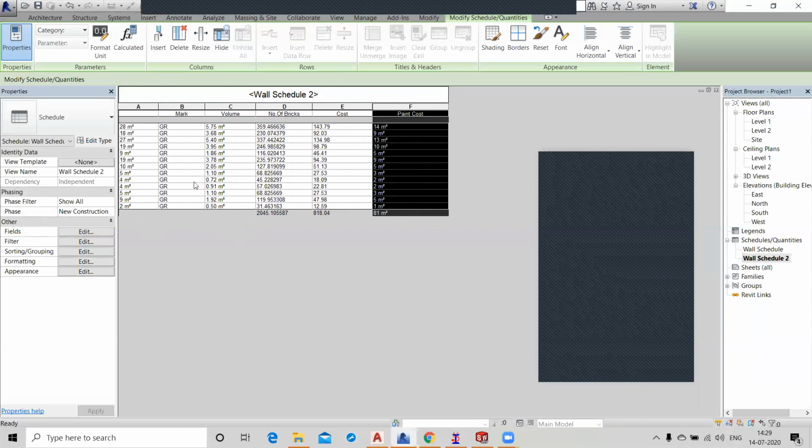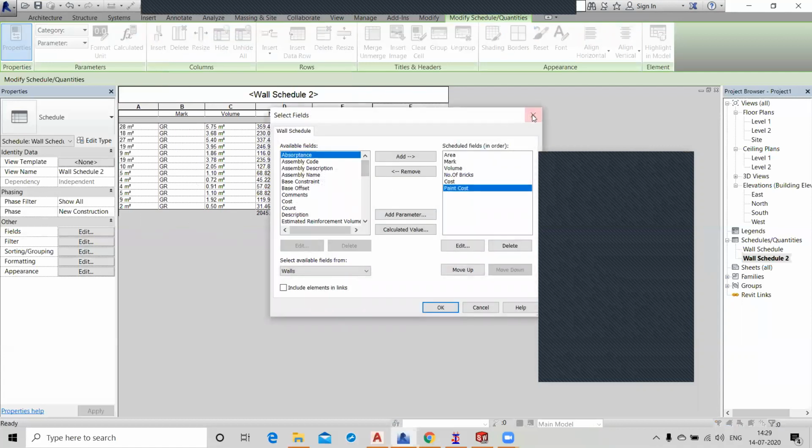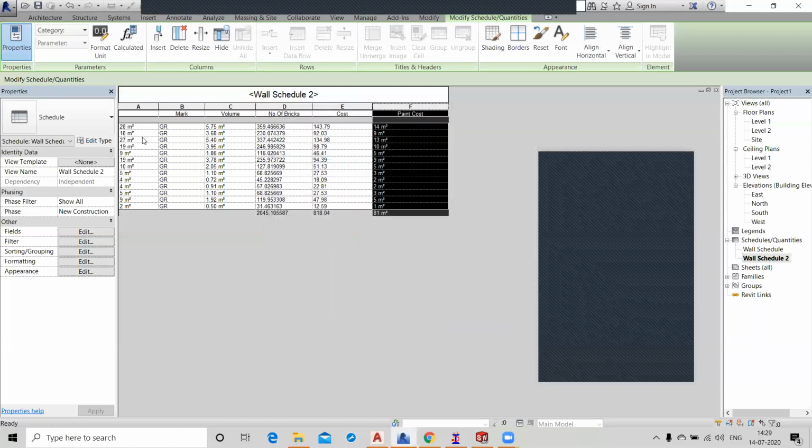Down area will be increased by inserting from here. Each column will increase with this, and rows will increase by these quantities.